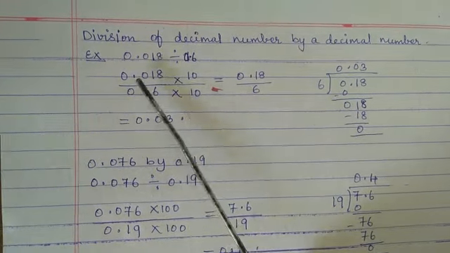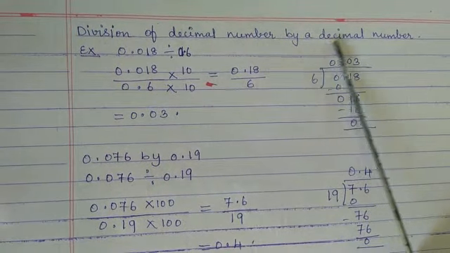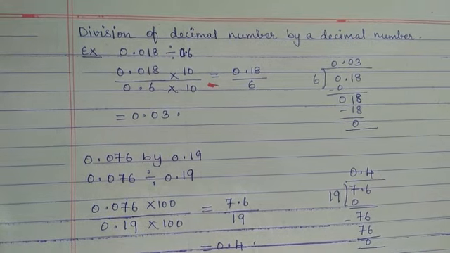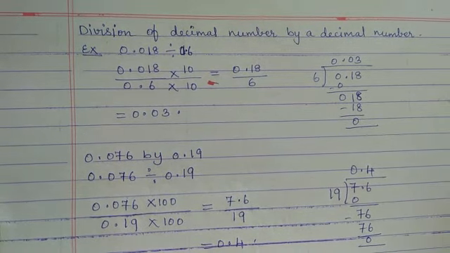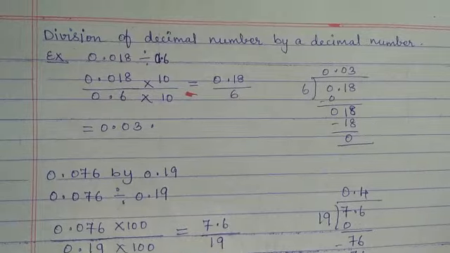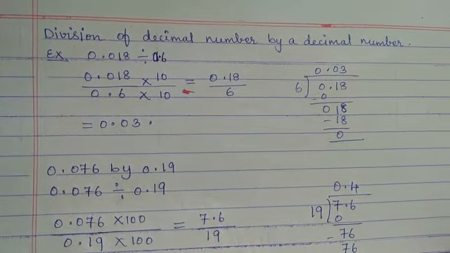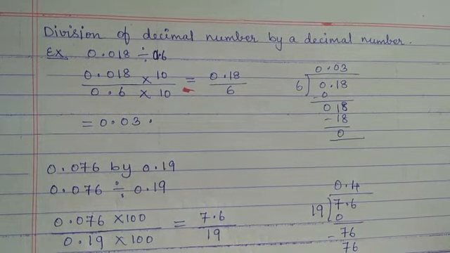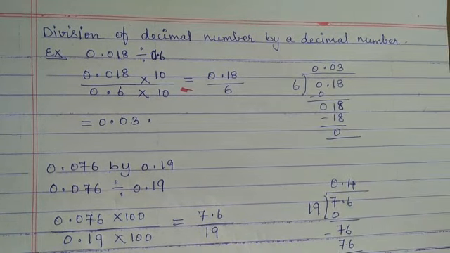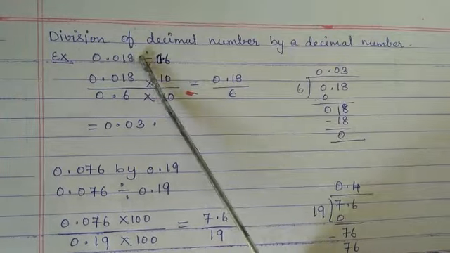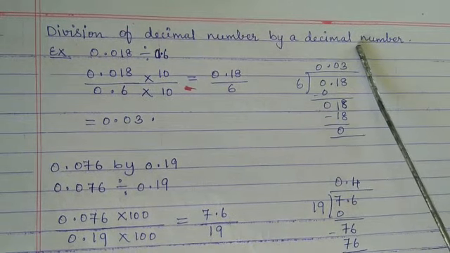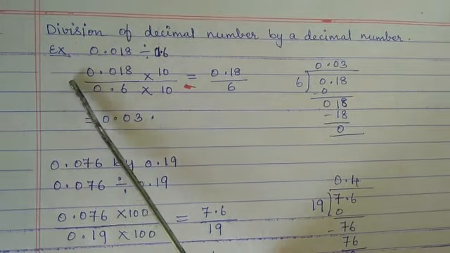Now we move on to division of a decimal number by a decimal number. Already we have learned 2 types of division of decimal numbers. One is division of a decimal number by 10, 100 and 1000. Second type, division of a decimal number by a whole number. Then the third type is division of a decimal number by a decimal number. See the example,